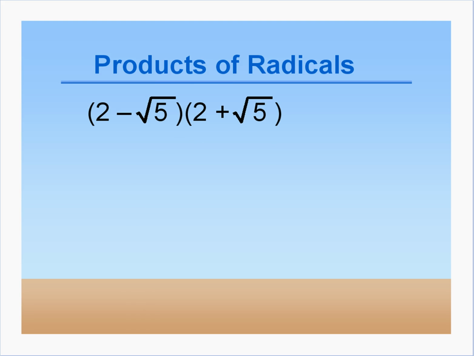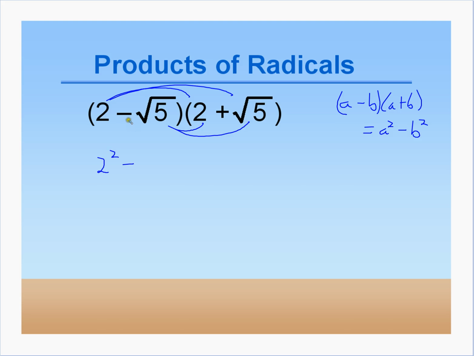This one we can do the same thing, but it's going to end up being even simpler than that, because we learned when we have something in the form a minus b times a plus b, it works out that that's going to equal the first thing squared minus the second thing squared. So it's going to be a squared minus b squared. And so this problem here fits this form, and we could multiply it out and it would work out just fine. So if you don't remember this rule, you just multiply it out, but it does make it nice and simple. This is going to be a squared